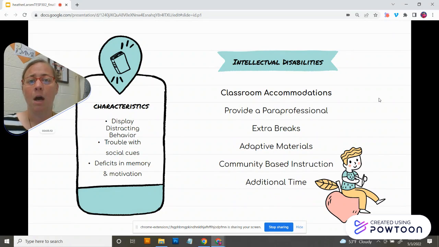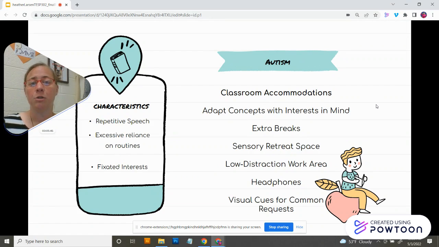Intellectual disabilities come into play. You might have a child who might be distracting to others in class with maybe making different noise or gestures. They have trouble with social cues, deficiency in memory or motivation as well. So providing these students with a para who could be one-on-one with them, helping them to remain on task and helping them to be motivated, giving extra breaks, adapting materials maybe to their level, or maybe utilizing more picture-based material versus words, and then bringing in again that community-based instruction where everyone would be involved in their learning as well